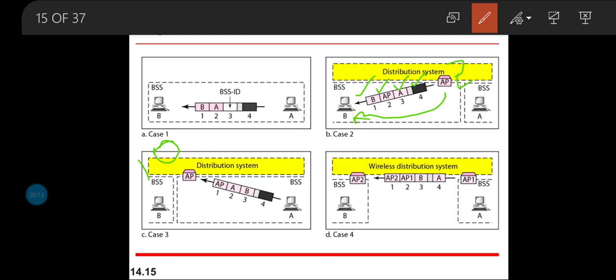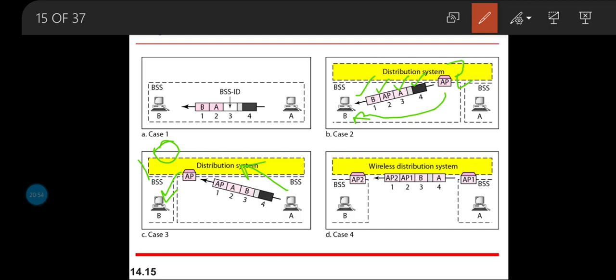In this particular case, the frame is going to the distribution system. Yes, from my system A it is going towards the distribution system, and then the frame is going from an access point to the station. So who has to be given the priority, or what should be set first? According to the table, the first address should always be the receiving AP, which means the access point is receiving something from the station.